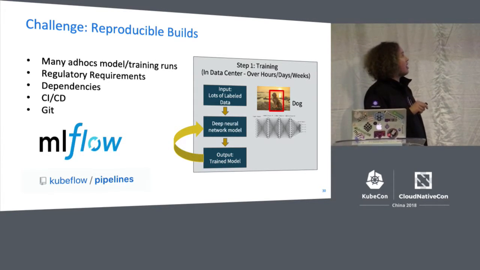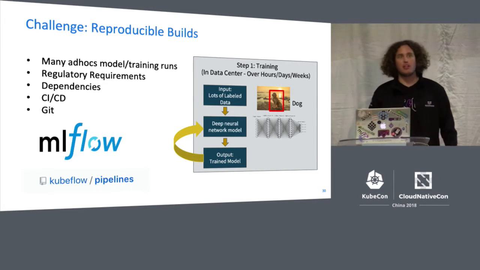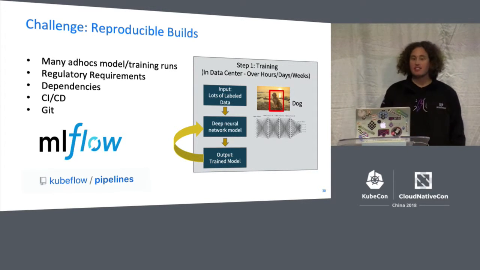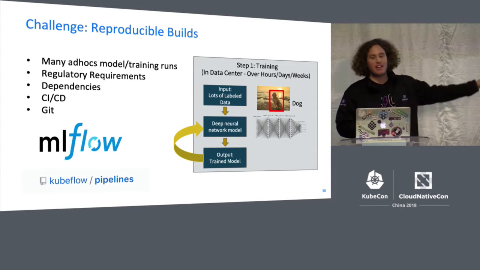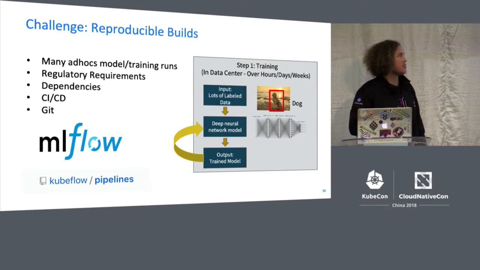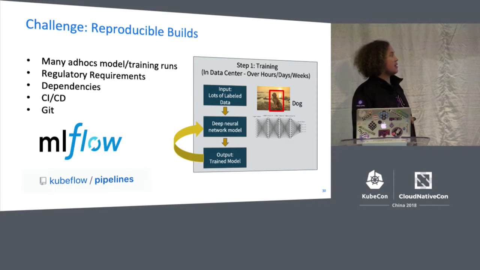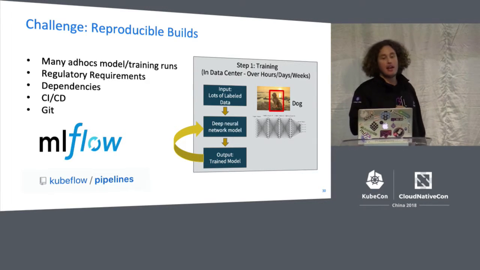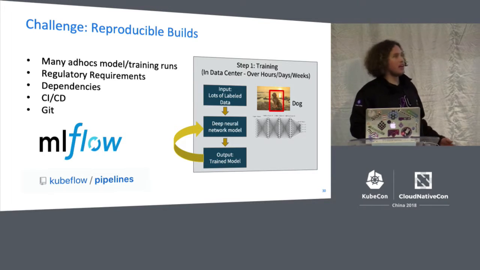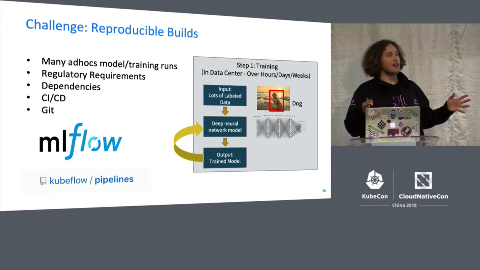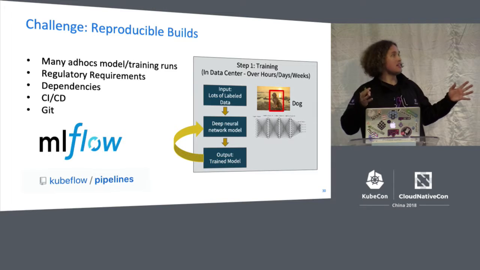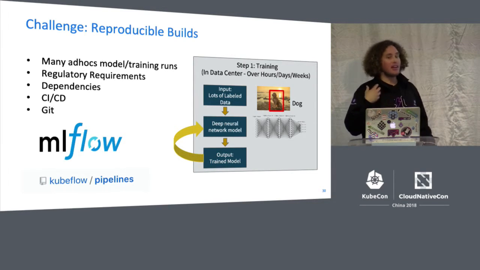Especially if you have to deal with regulatory requirements, for example in finance or healthcare, this is a big challenge. Two projects which I really find helpful there: when I first prepared this, Kubeflow pipelines weren't out yet, but they just announced Kubeflow pipelines, and there's also mlflow. Both of them give me a way to get an artifact of my data and my entire pipeline flow, so I can actually go in and reproducibly train that.